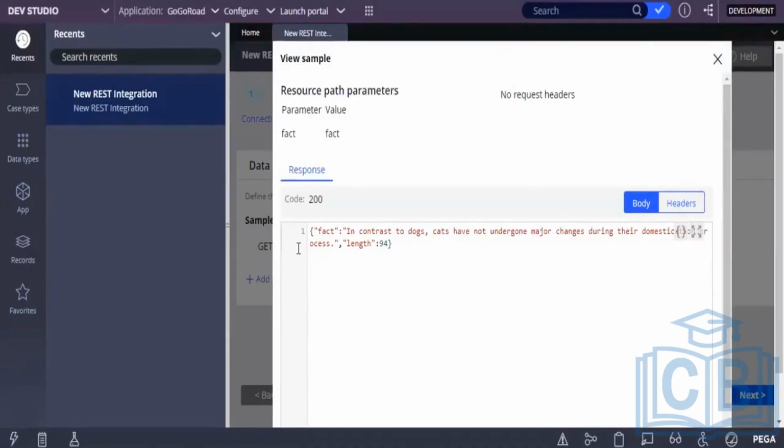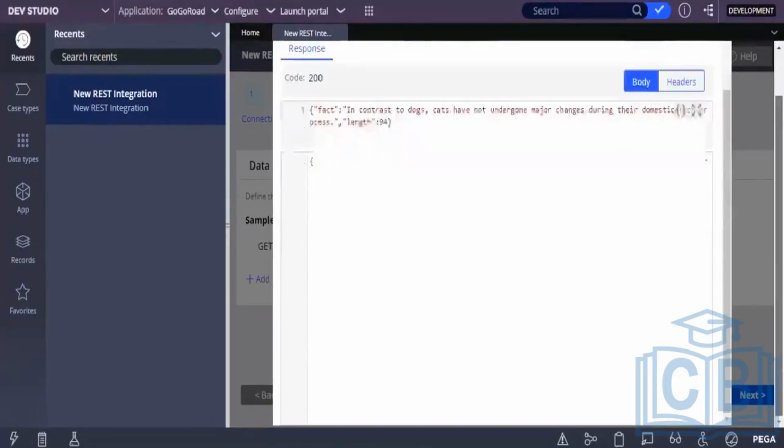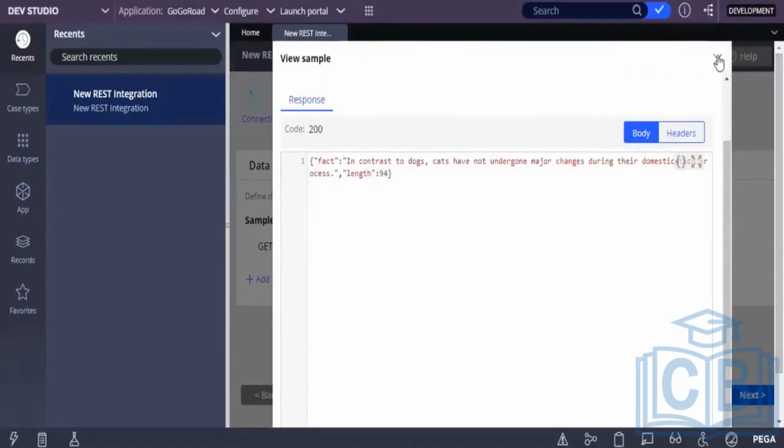It will also create an integration class. Class is a table, right? It will create those tables and all in the background on its own. Just click on submit and go to the next screen, or you can close it. Click on next.